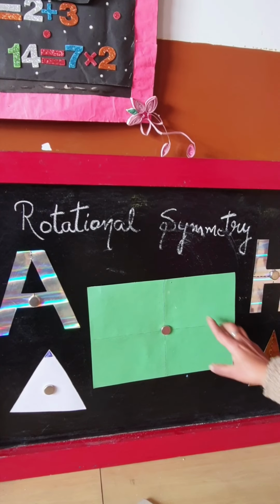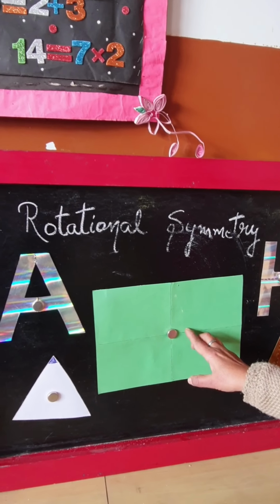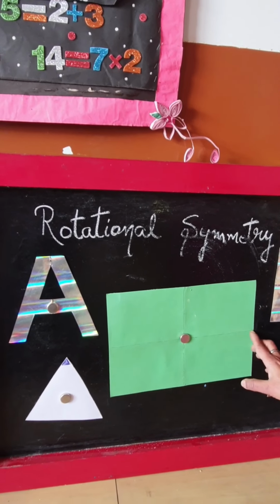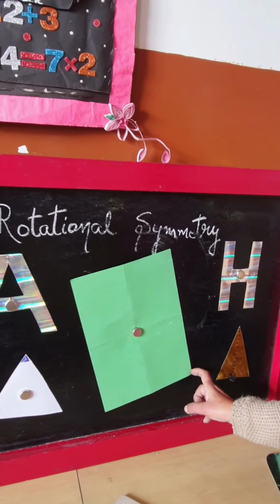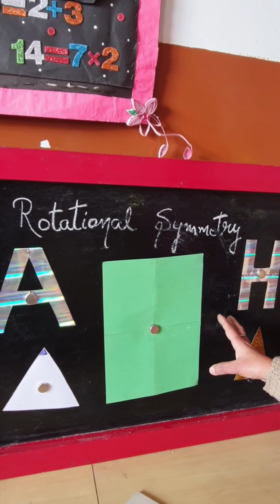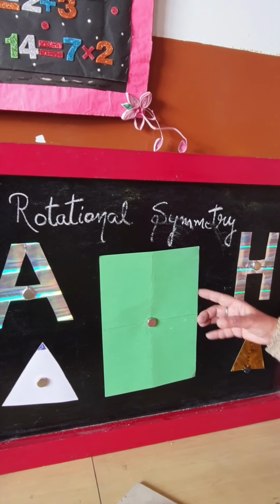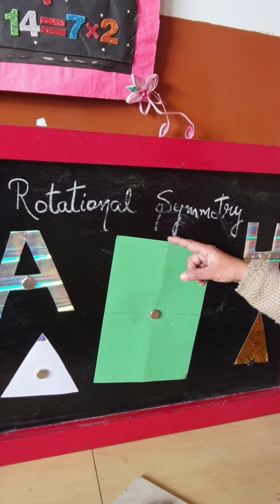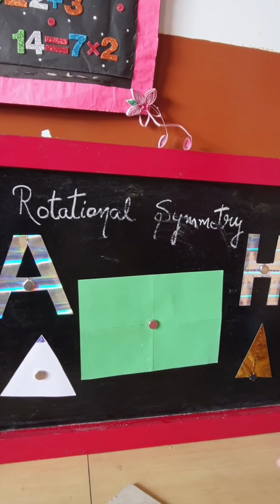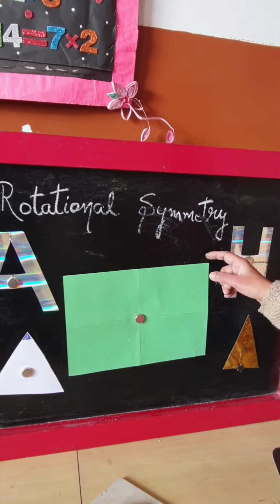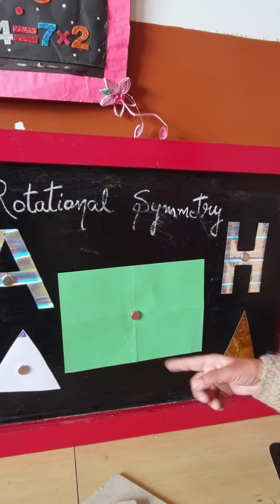Let's say this is 0 degrees, where it is resting now. If I move it to 90, you can see this is forming a 90 degree angle. When this point comes here, we say it has moved 90 degrees. Do you think that when I moved it 90 degrees, it is taking back its original shape? I think you can see it's not. So now again I move 90 more, that is a total of 180 degrees. Yes, here it is, and it is taking back its original shape from where we started, right? So one time in the complete round it has taken back its original shape.